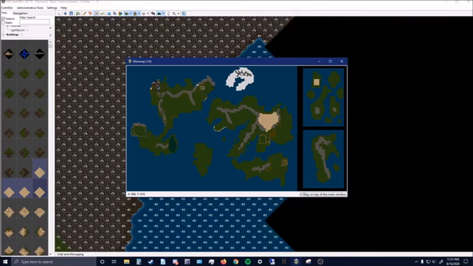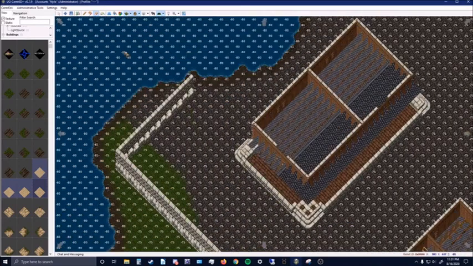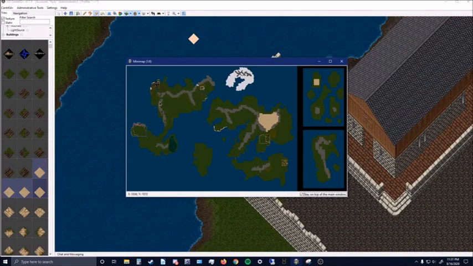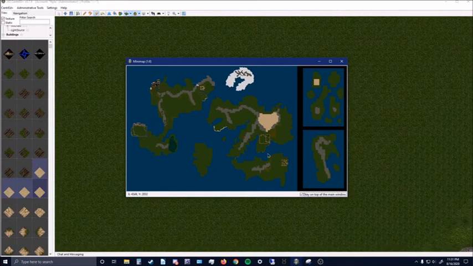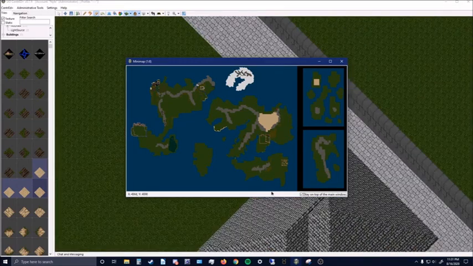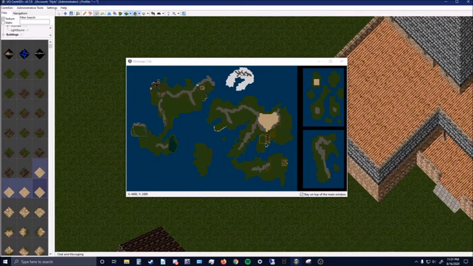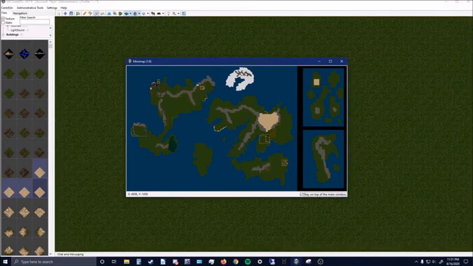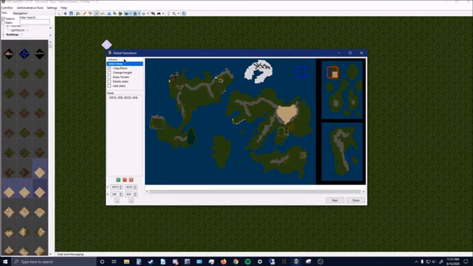Now, certain things that you might run across are where your map ends up having black spots or black splotches. Over here there's black splotches. Over here there's black splotches. Over here there's black splotches. This one, I know why there's a black splotch. I'm using custom tiles, so it's not registering, so that's fine. But generally speaking, if you're not using any custom tiles and there's all these black splotches, one of the quickest ways to fix that